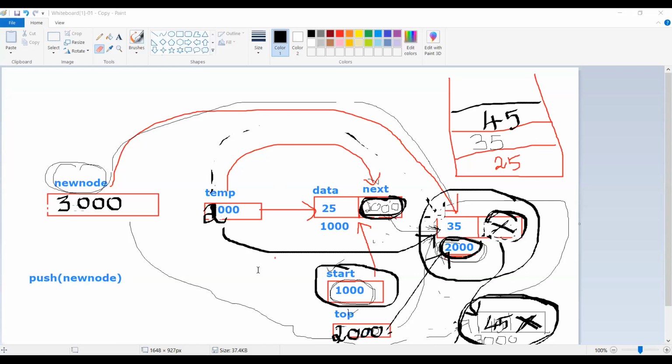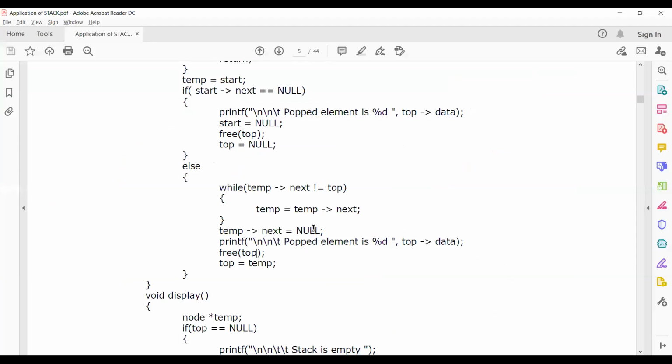Okay, that's what we did. Popped, that's where the null is done. Popped element is what? Top data. Before deleting, we need to know what we are removing. Top data is nothing but 3000, right? That value is printed, and then free top.